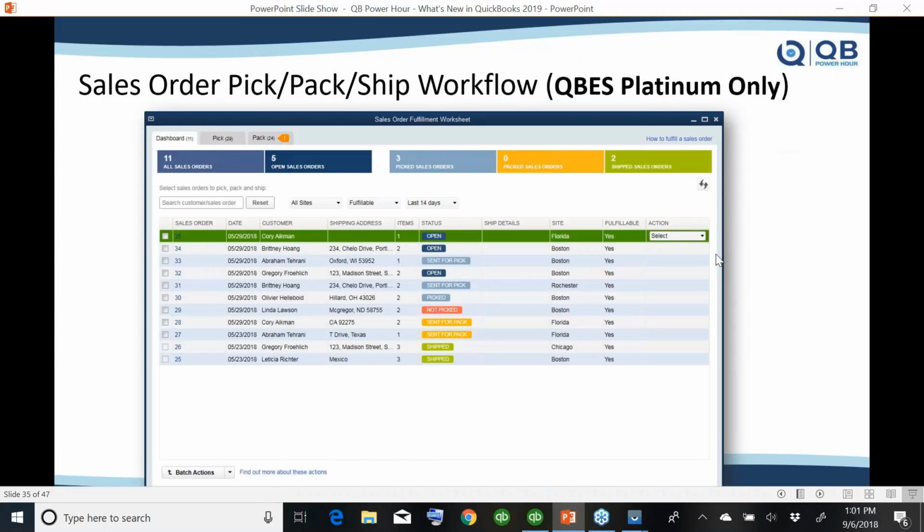It can't satisfy everyone. So this is what the screen looks like, and I'm going to show you in QuickBooks on screen. The sales order fulfillment worksheet will show you all the open sales orders. It will tell you which sales orders haven't been touched, which ones have been sent to be picked through a mobile device, which ones have been partially picked or not picked at all, which ones were picked and sent for pack, and then which ones have been confirmed to be packed and confirmed to be shipped. So there's a whole bunch of status updates to sales orders. Basically, what the new feature entails is a whole bunch of status updates to the sales orders to know exactly where all